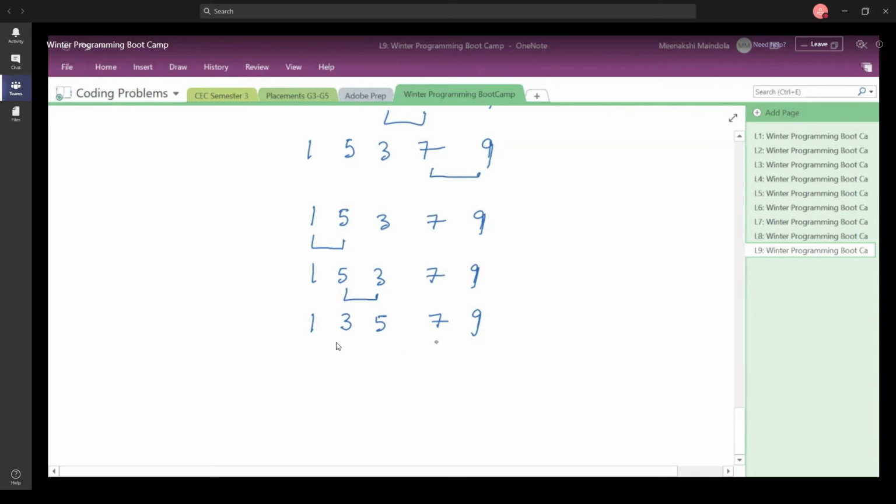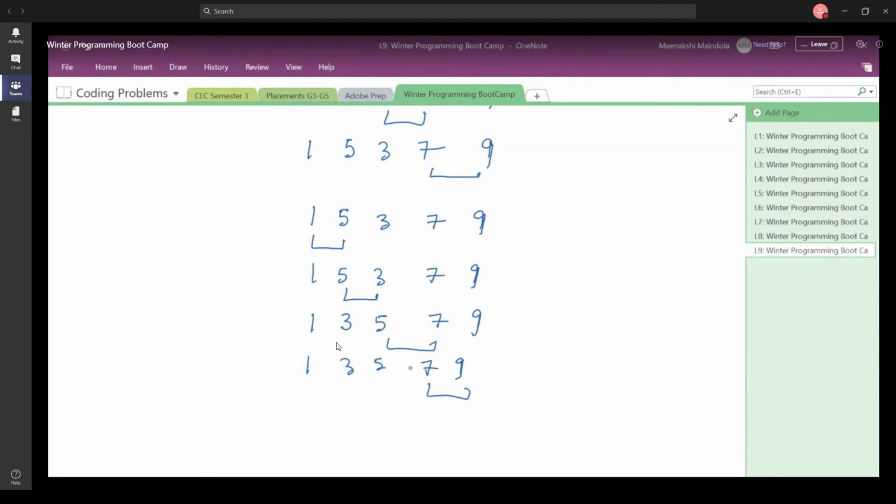Then you compare these two numbers and you see that they are already at their correct position, and similarly you compare these two elements as well. Now you can see that the array is already sorted, but your algorithm does not know it until in a particular pass you do not swap any number at all.